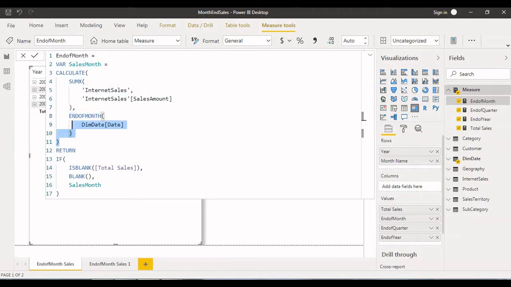I'm just returning the end of the month sales with respect to the context. Also, if the sales are blank, return blank, otherwise return the variable we are getting.